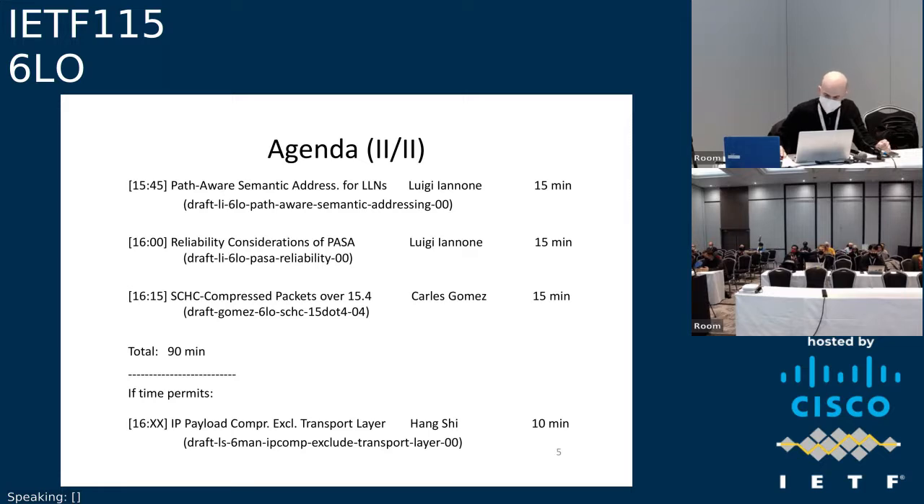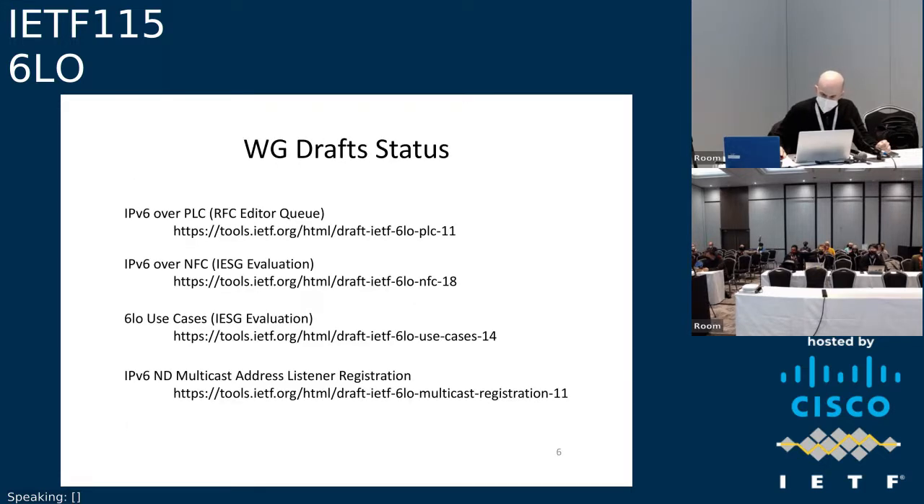Okay, if there is none, let's proceed to the status report on the working group documents. We have currently 4 working group documents in 6LO. The first one is IPv6 over PLC, which is currently in the RFC editor queue. The second document is IPv6 over NFC. You may recall that this draft was evaluated some time ago by the ISG, then it was modified, and now after some time, the draft has been updated, and also we have